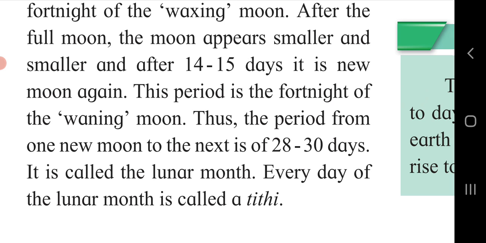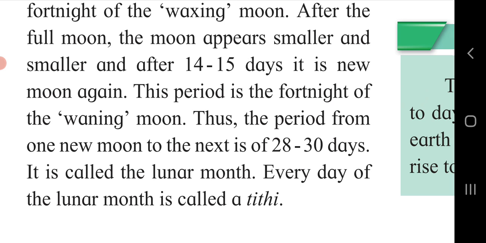Here we can see the new moon day, the day on which the sunlight that falls on the moon cannot be seen from the earth. We cannot see the illuminated moon from the earth. On this day, we cannot see the moon in the sky. This day is called the new moon day. From the new moon day to the full moon day, the illuminated part of the moon appears to become bigger and bigger. From full moon day to the new moon day, the moon seems to become smaller and smaller.